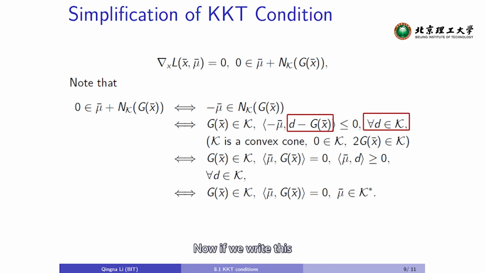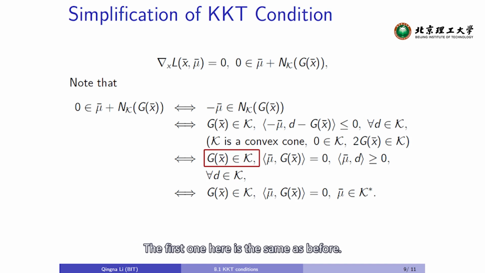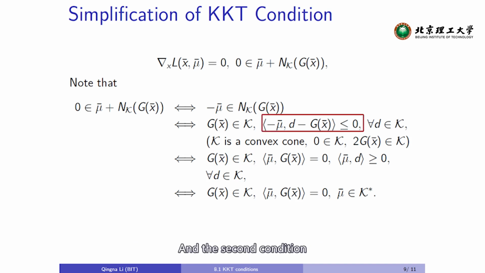Now, if we write this in more detail, we can get two conditions here. The first one is the same as before, and for the second condition, we can take two special vectors of d. If we take d to be g(x bar), then it means that 0 is in K, so we get this